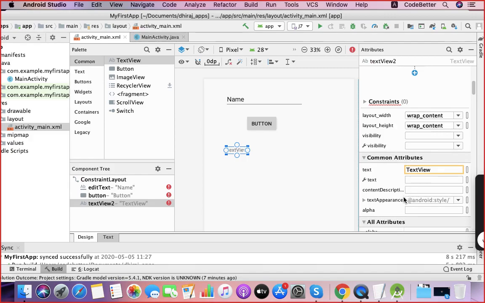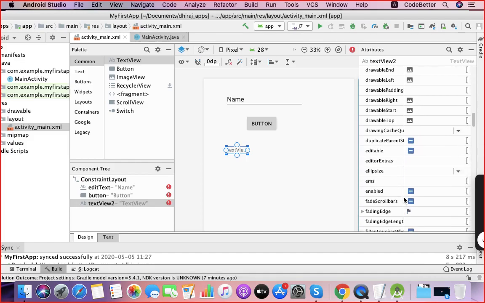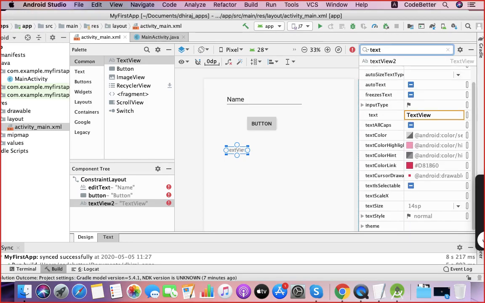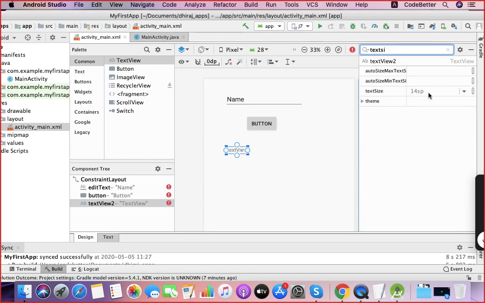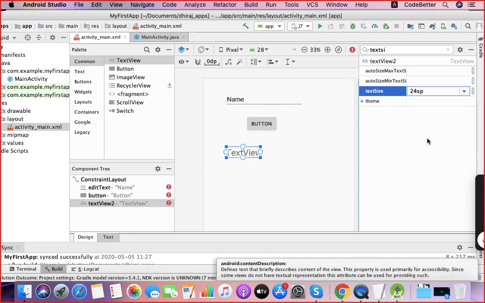There are various text attributes. One is the text size attribute. If you go to text size, you can put your size in, let's say, 20 pixels.